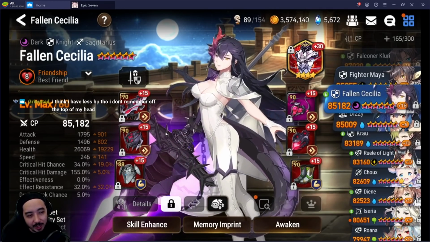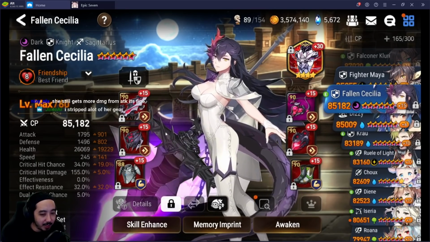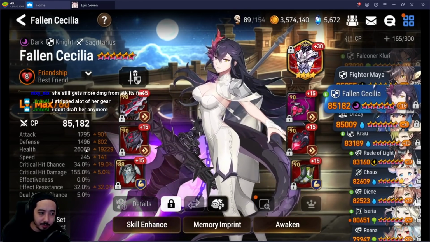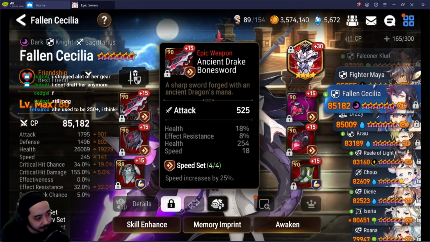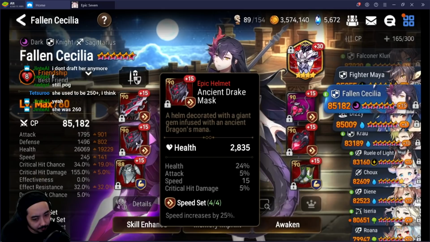Jin, we've seen some crazy FCCs, and I think this one is good, but not insane by any means. Yeah, he said he stripped a lot of gear. Okay. It's still very fast, boys, and it's still got enough HP and defense, but it doesn't have any effectiveness. So obviously for Jin's gear quality, I believe him when he says he took the better gear for someone else. Still insane,